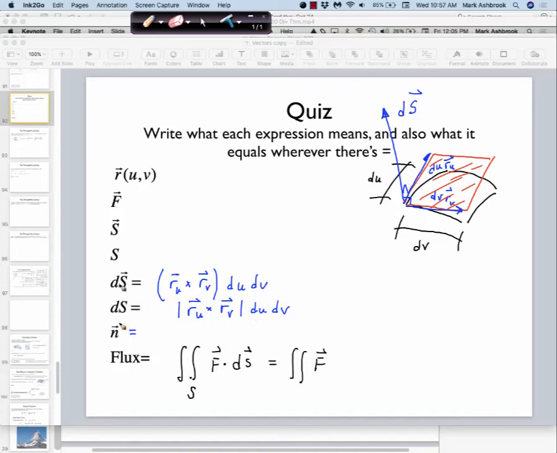Isn't this dS the same as the direction times its magnitude? Right? This is the direction of that as a unit vector, and that's its magnitude. So can't we always also write it like this? Isn't that fair? Can we do that? Because n vector dS magnitude is the same as dS vector, right? Because n is the unit vector in the direction. Okay? And then we saw that that is equal to